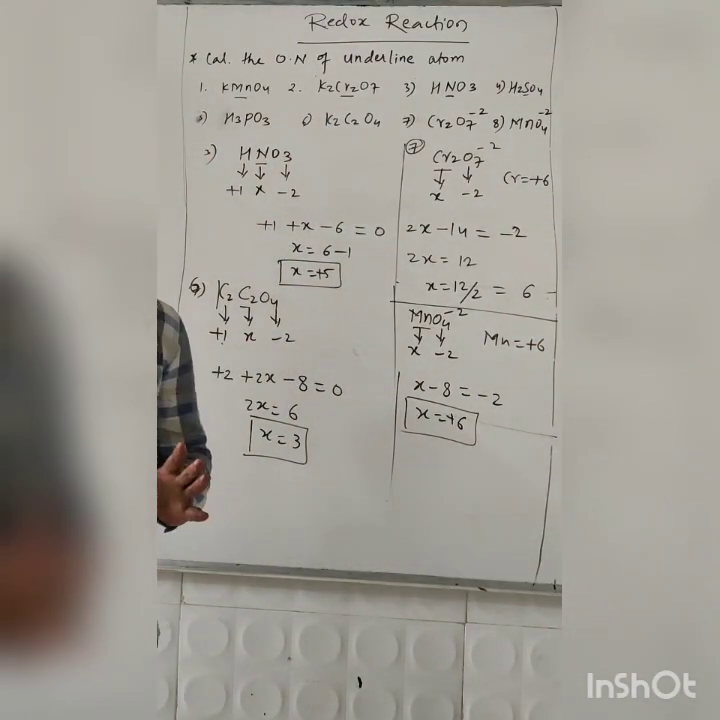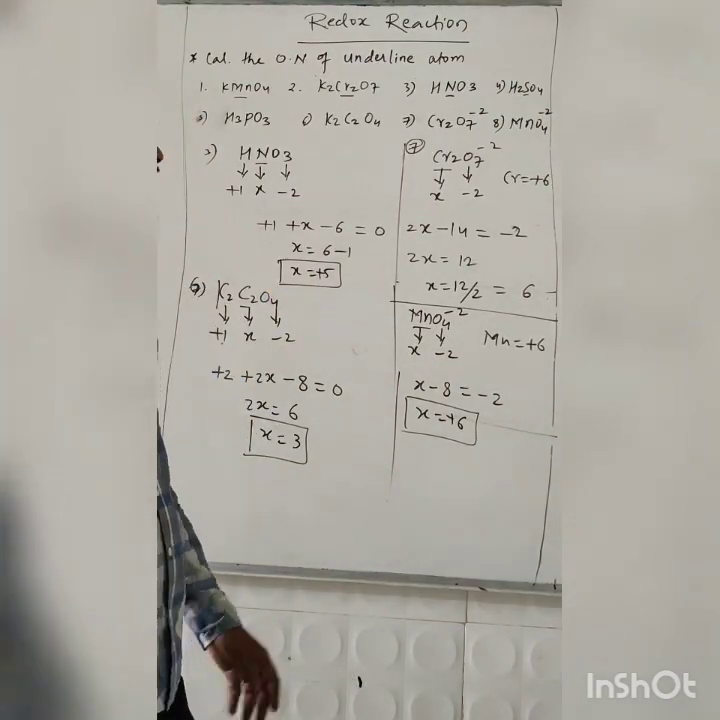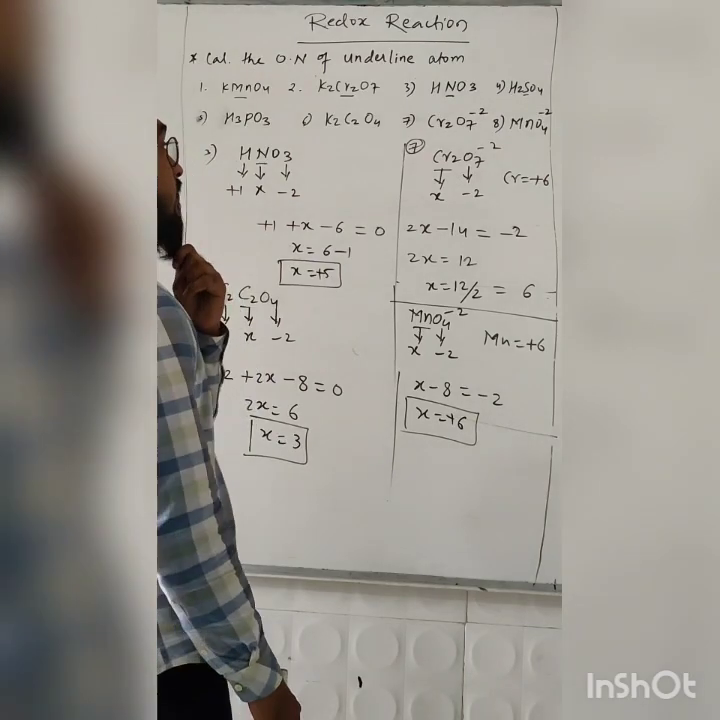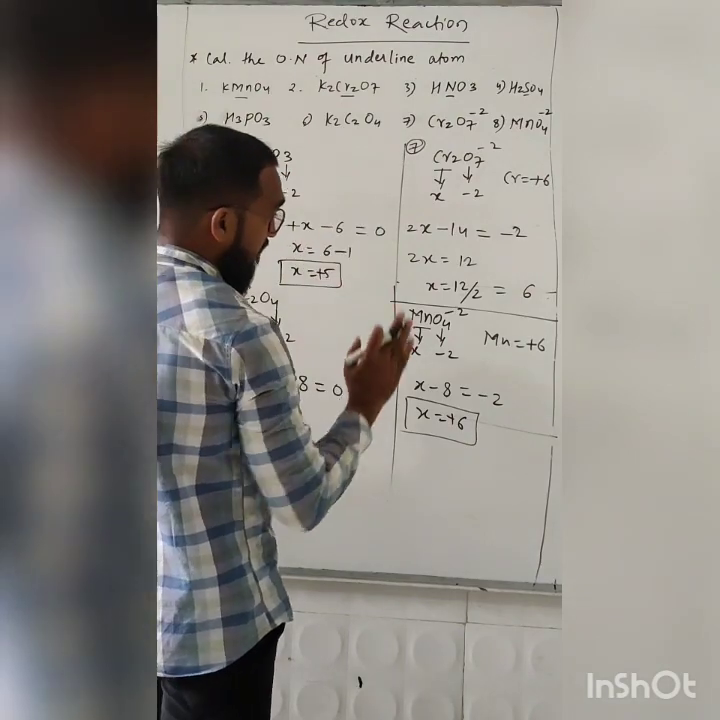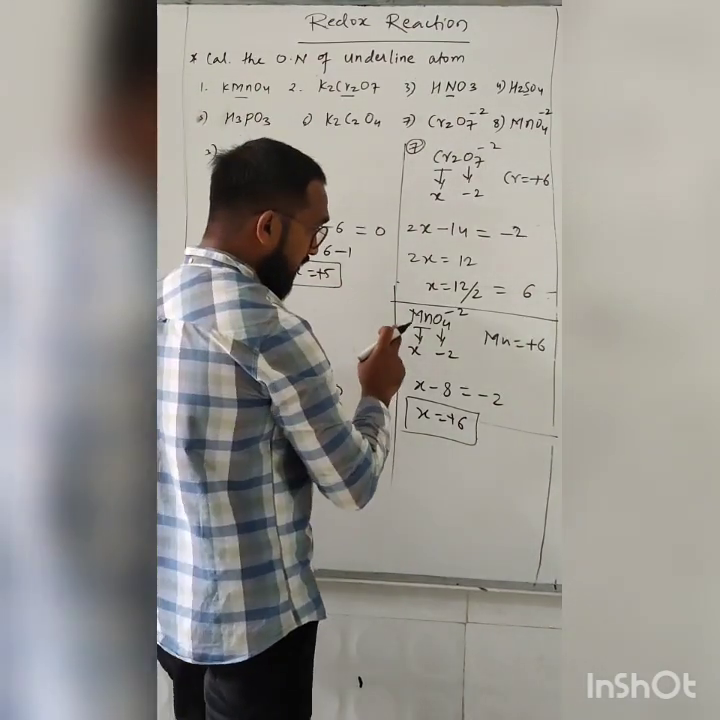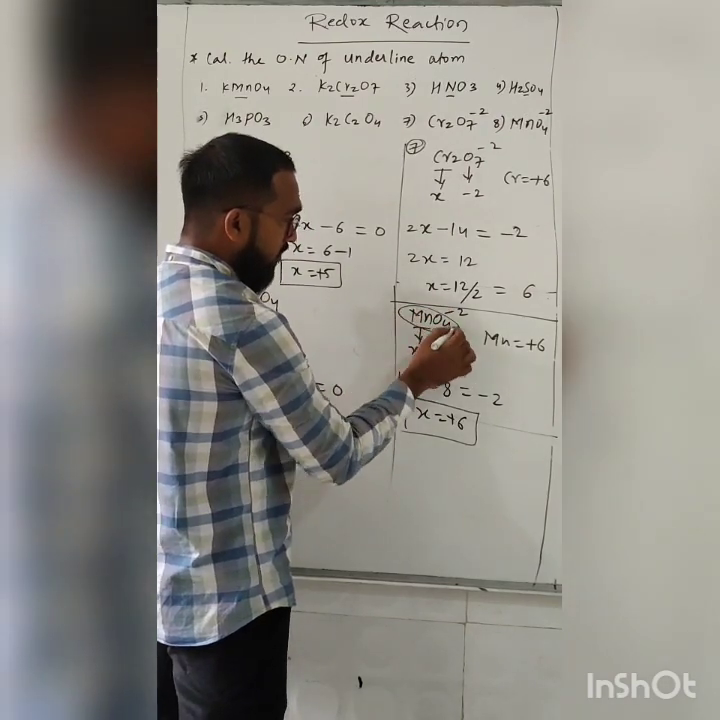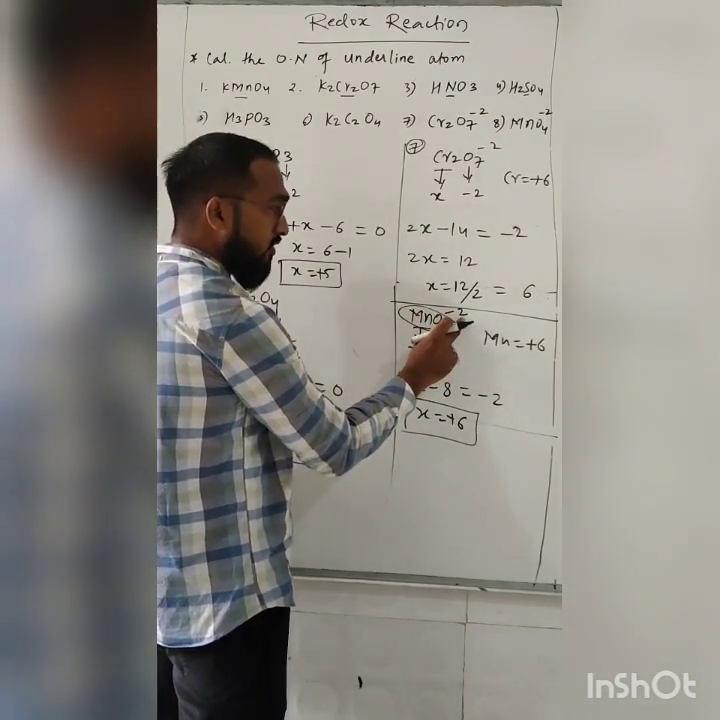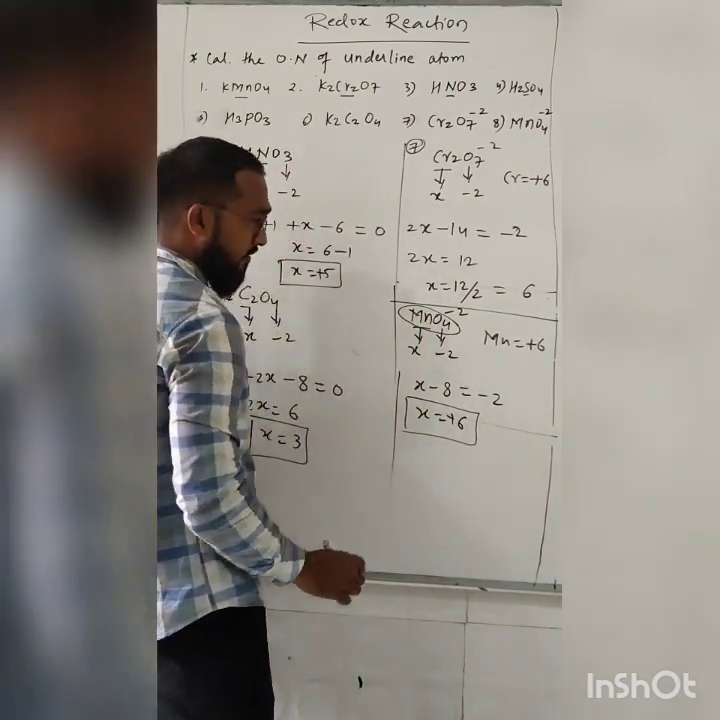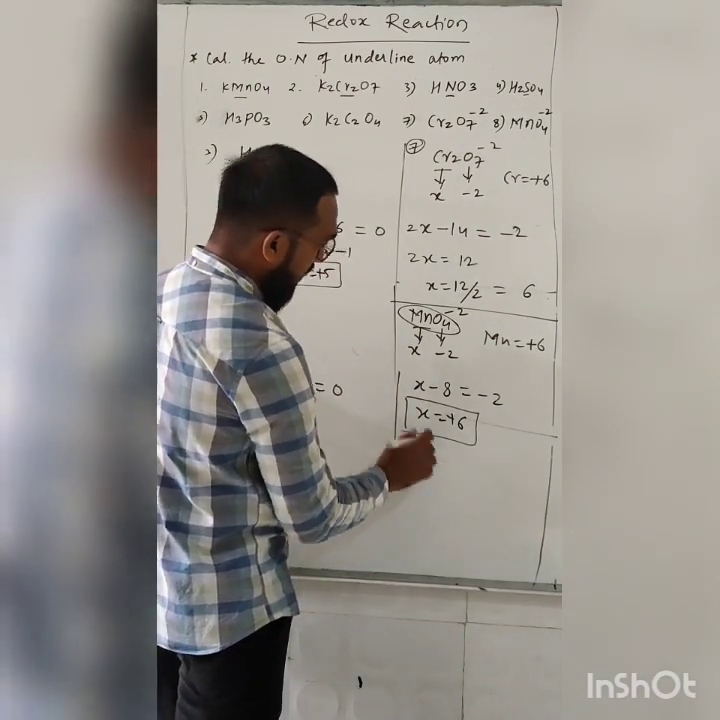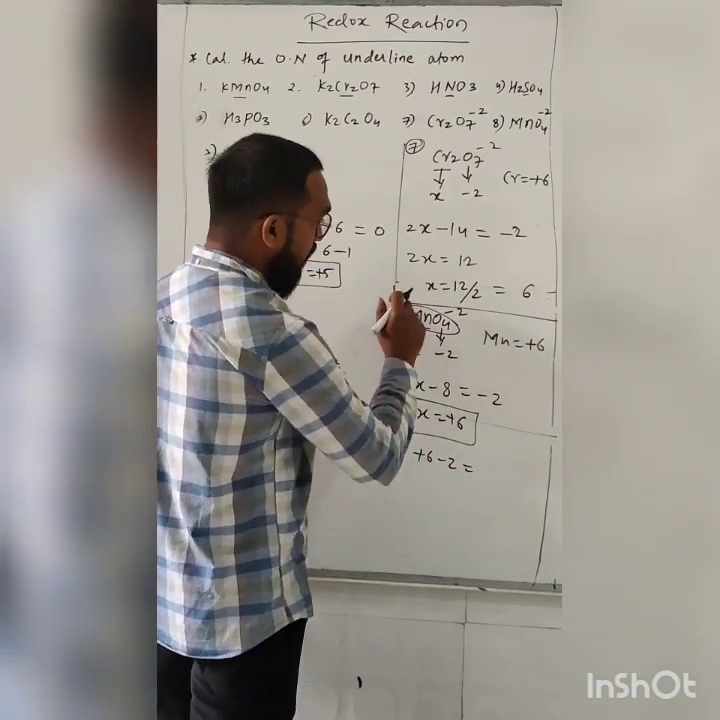So hope you understood how to find out the oxidation number of each element. If we want to tally with rule number 7 for MnO4 minus 2, when we add the oxidation numbers, what should we get? We should get -2. So here we found the oxidation state of Mn, that is +6. Mn has the oxidation state +6, oxygen has -2, and the molecule has a charge